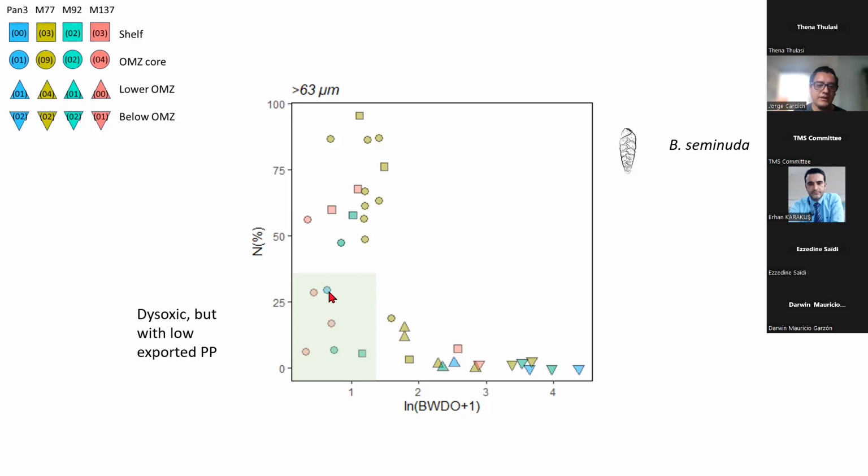This point is from the extreme El Niño event, the light blue, and these three are from 2017. This was not a classical El Niño, but it happened right after a coastal El Niño. A coastal El Niño doesn't have the same origin from the ENSO variability, so it's not very related to ventilation of the area. But it's very interesting that Bolivina seminuda responded similarly in two different conditions.